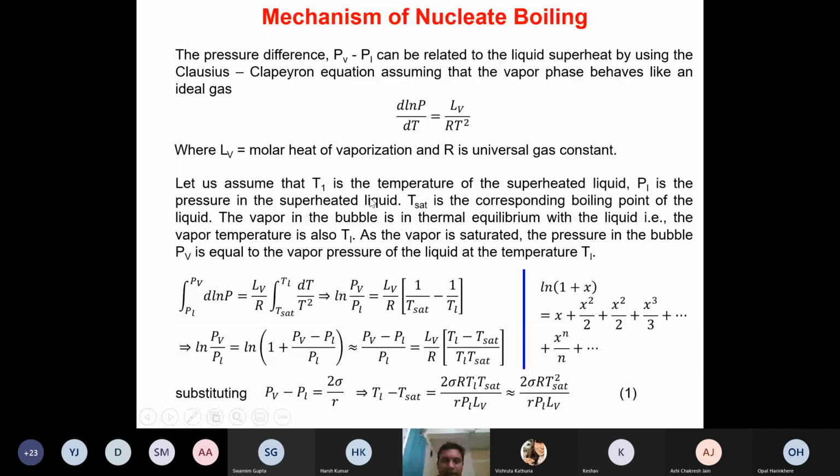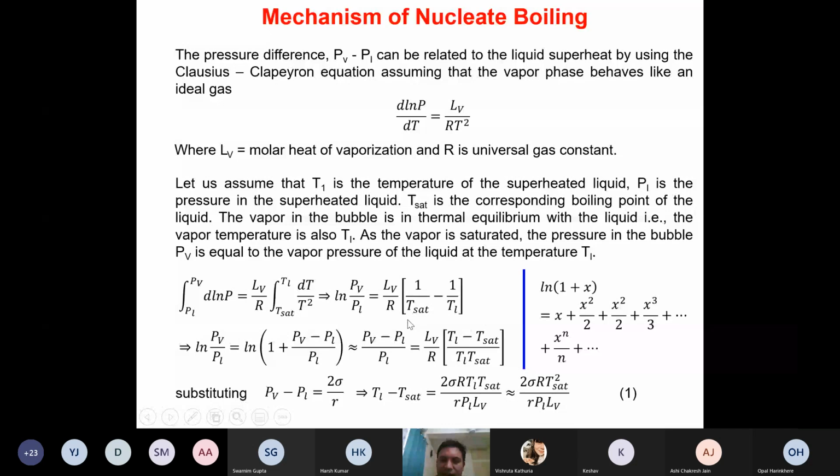And after integrating, what we get is ln(PV/PL) is obtained as (LV/R)(1/Tsat minus 1/TL), where LV is the latent heat of vaporization, R is the universal gas constant, Tsat is the saturation temperature and TL is nothing but the temperature of the liquid. Okay. Again, the left hand side, which is given in a logarithmic form, ln(PV/PL), can be further